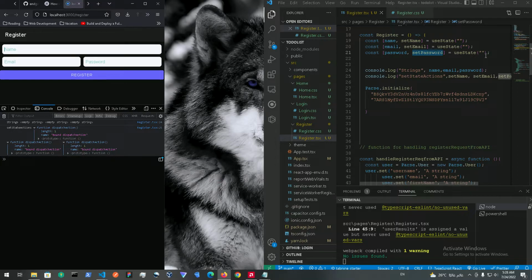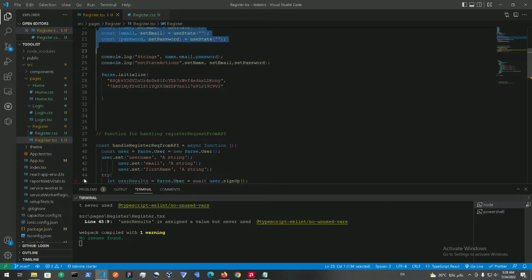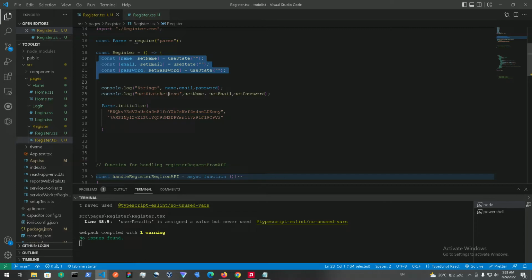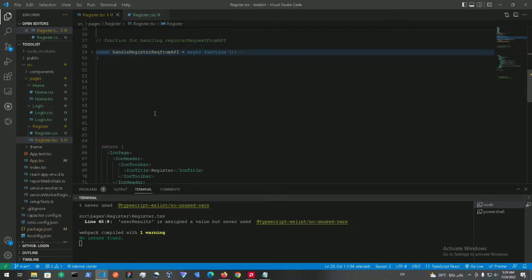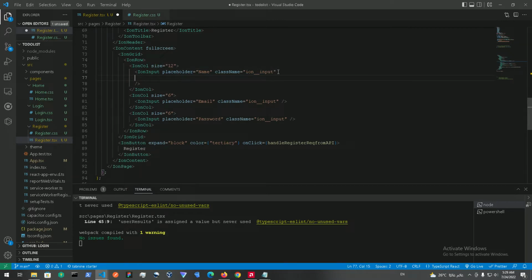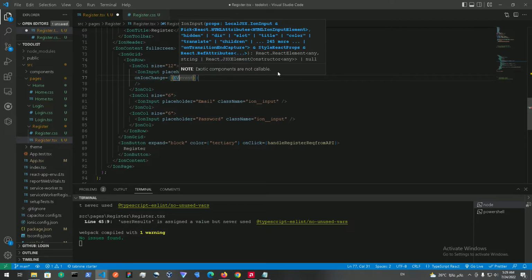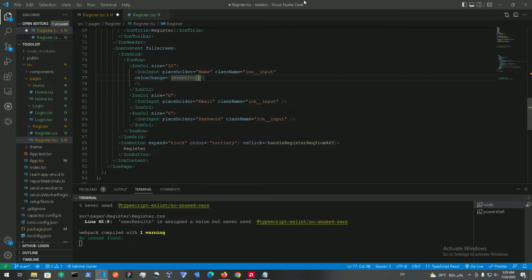So, what do we want to do right now? We just assign these consts. Think about it for a moment. We just assign this const, and we want to do ion change. We're gonna do this on the ion inputs. So on ion change, set an event, and just map that event to,